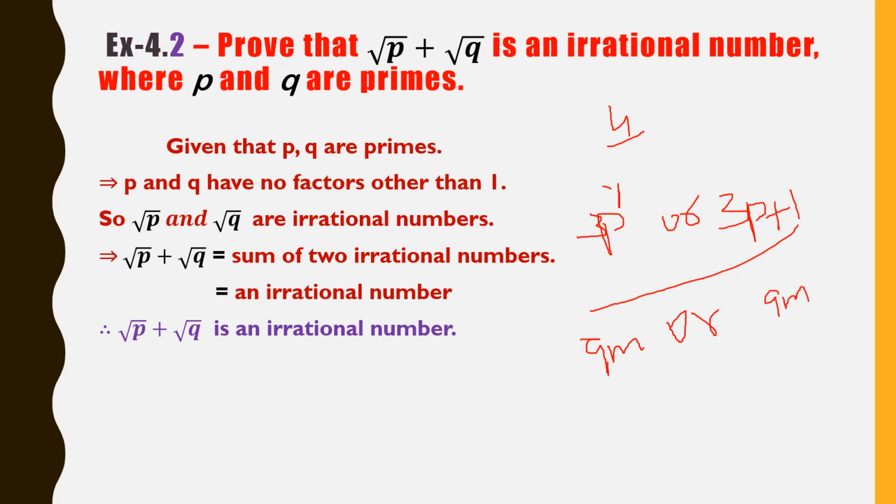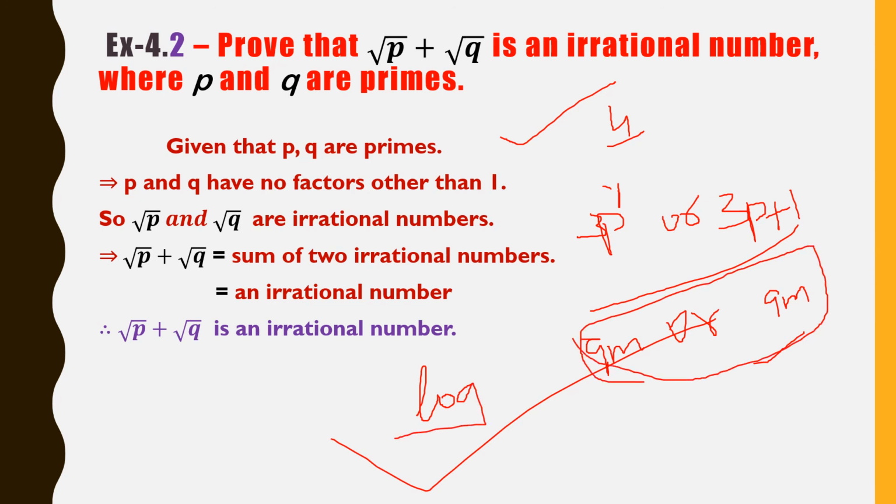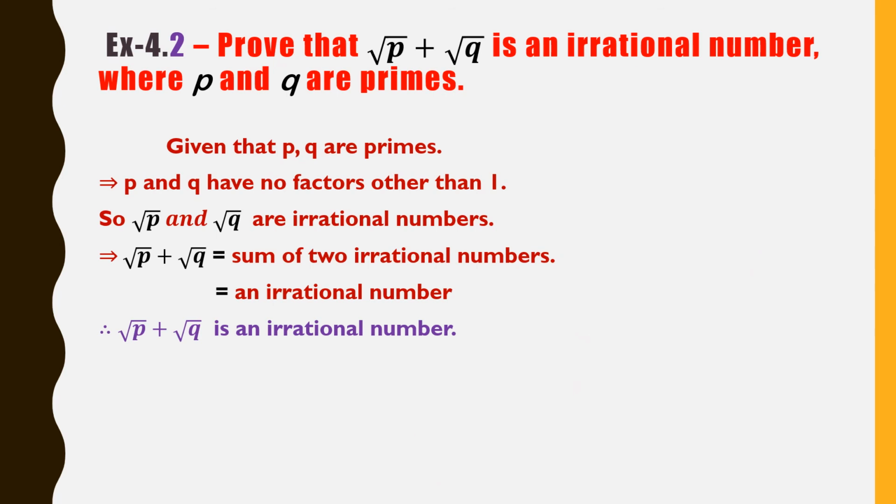From this he may give one question, and from this exercise he may give one question, or from your next exercise, logarithms, he may give one question. Your 4 marks will be from this model, squaring or cubing formula, and from this model, root p plus root q, root 2 plus root 3, like this, or from logarithms. So be perfect with this type of problem so that you can easily score the 4 marks question. You can easily write the 4 marks question from this real numbers chapter.